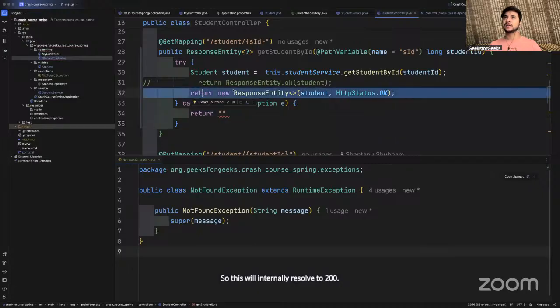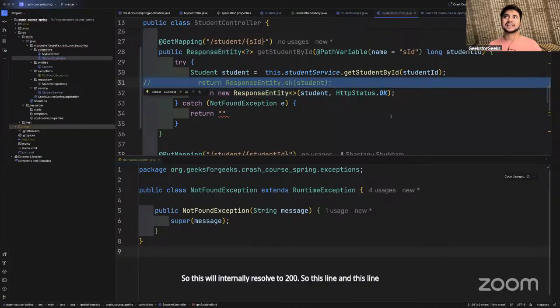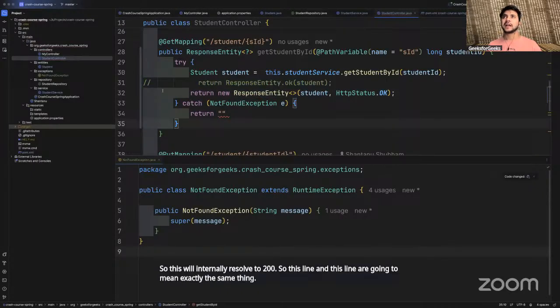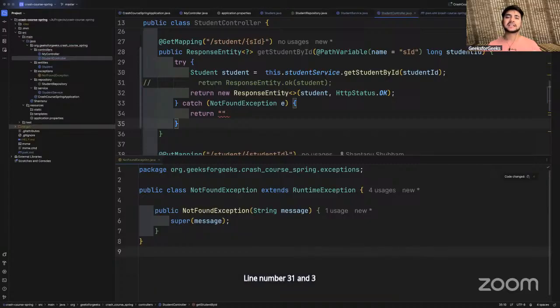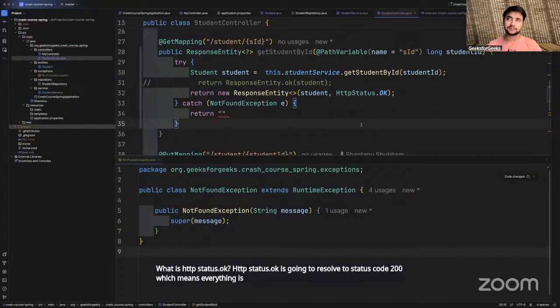So line numbers 31 and 32 mean exactly the same thing. Are you understanding what I'm saying? HttpStatus.OK resolves to status code 200, which means everything is fine.